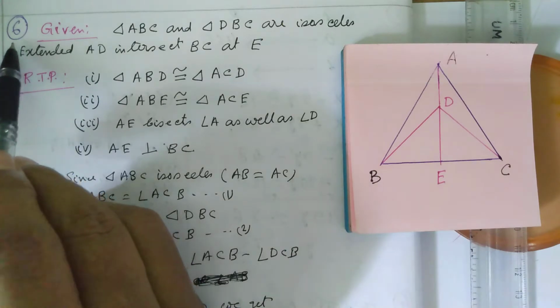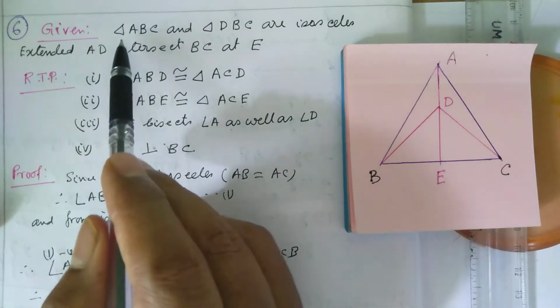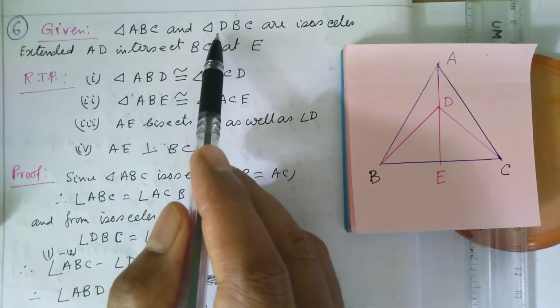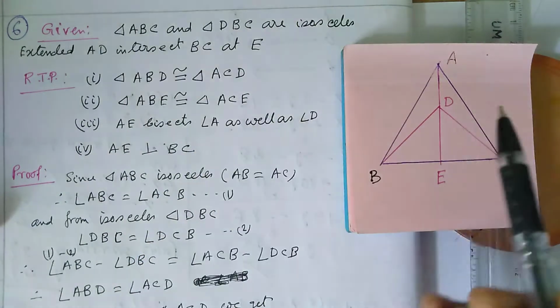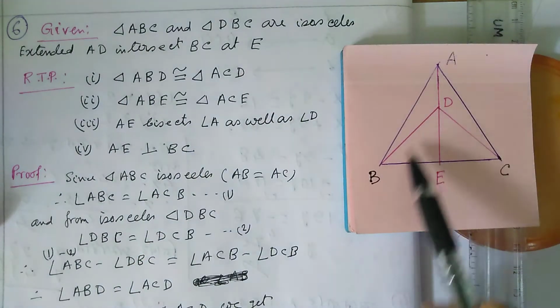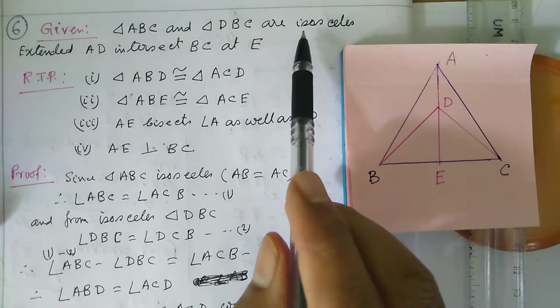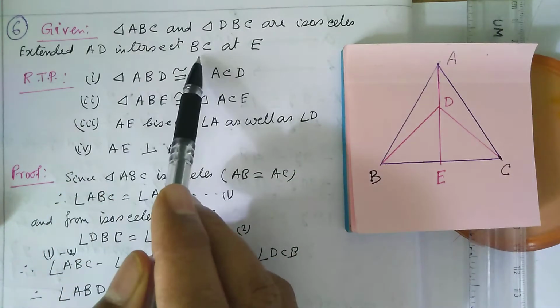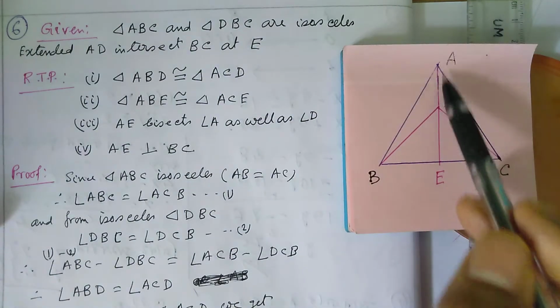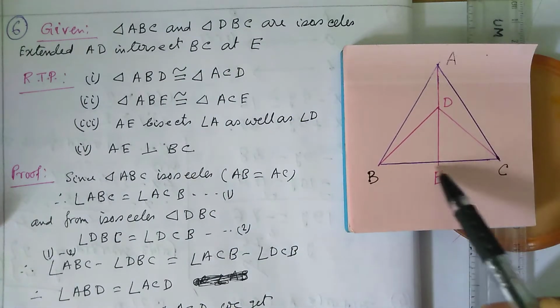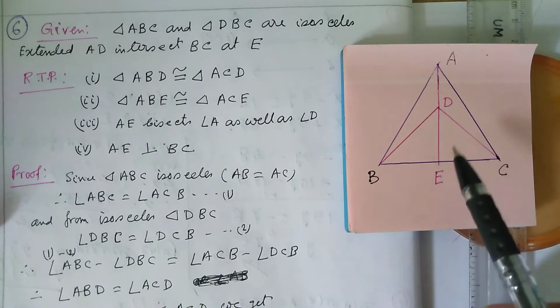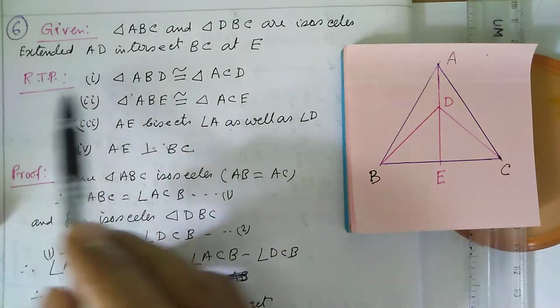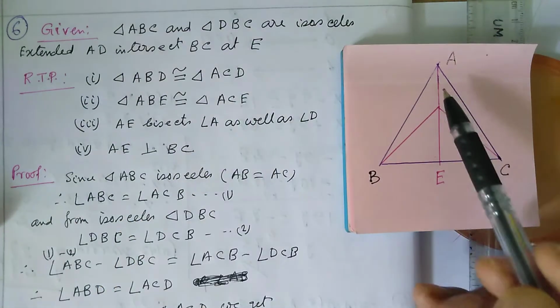Question number 6. Given that triangle ABC and triangle DBC are isosceles, extended AB intersect BC at E, extended AD intersect BC at E. Required to prove triangle ABD